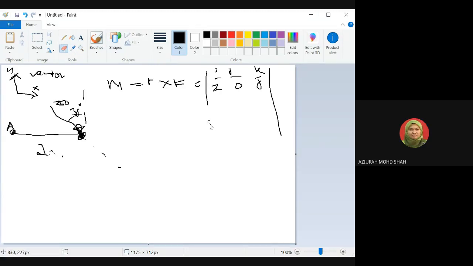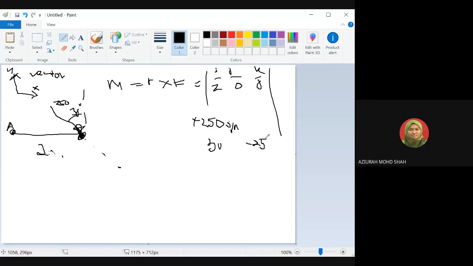Positive or negative? Because you use vectors, you have to show the indicator: negative X, negative J, negative K, positive J, okay. But earlier, when using the scalar method, negative and positive referred to rotation. So you have to be clear on both methods. Don't get confused. In this case you put positive 250 sin 30 for I. For J it becomes negative